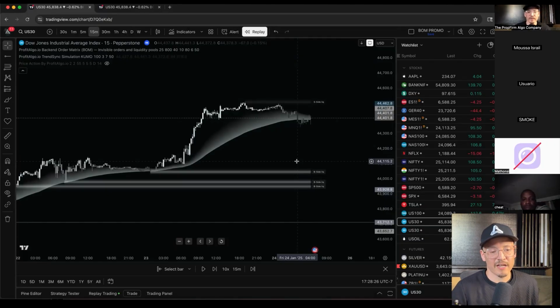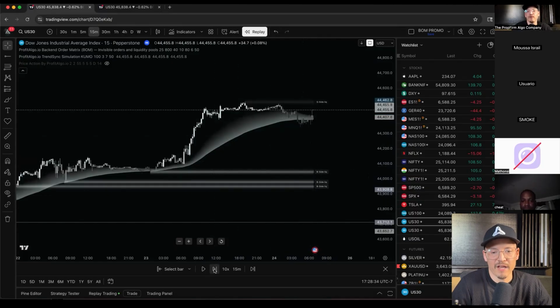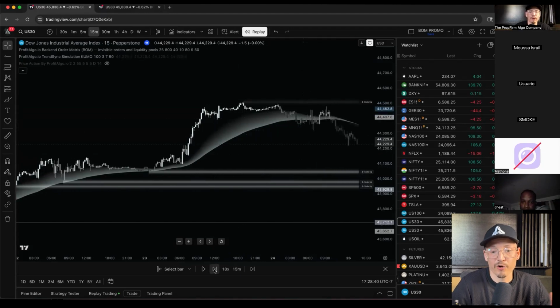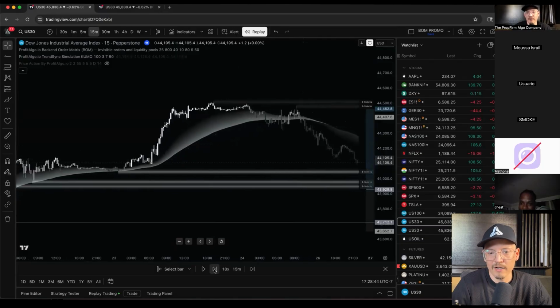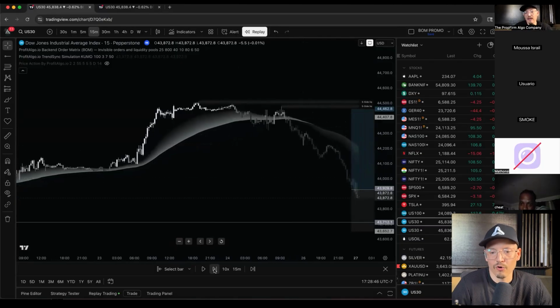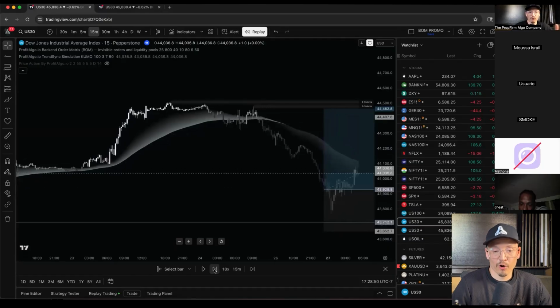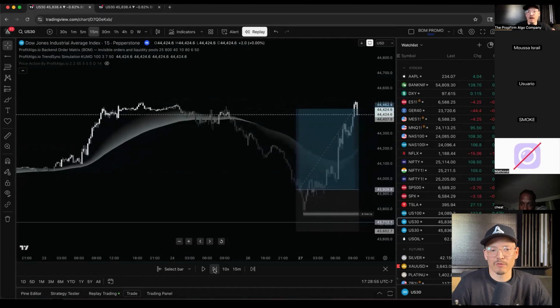So in this case, while people are anticipating a continuation of movement and they're having their stop loss at the previous low, we're literally waiting for that opportunity and entering with the institutions. It's a totally different approach from what we're used to with the price action indicator, or any other tool or strategy. Because what you're normally taught is, okay, it broke out, now let's enter based on the